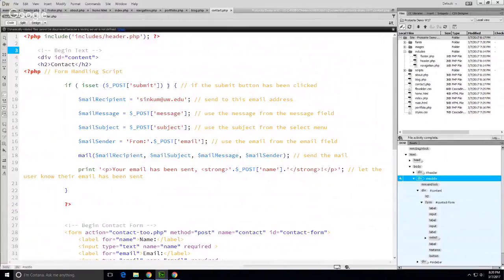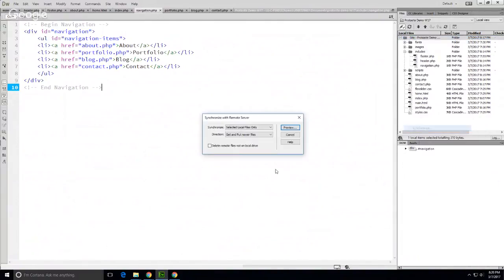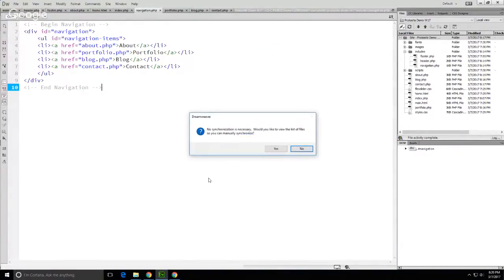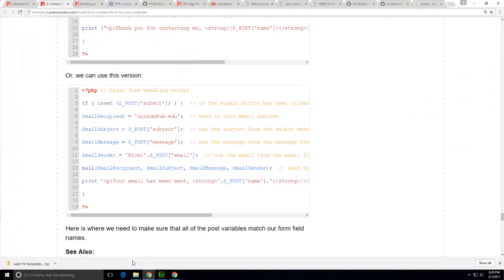Again, that's not really important to get to right now, but what I want to get to is, I might be able to get to that. Now we have our, let's make sure that we synchronize everything. No synchronization necessary? No. So I should now have